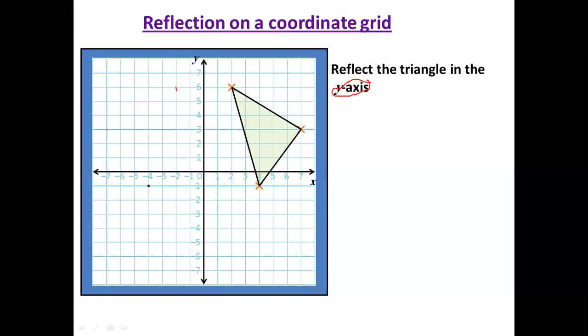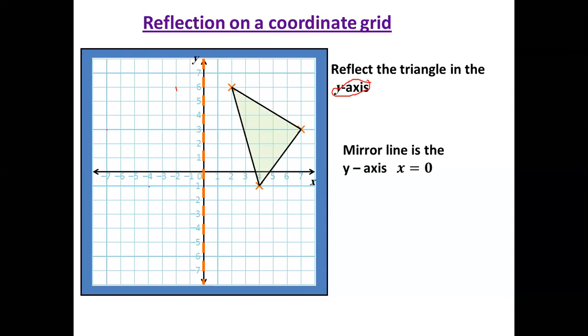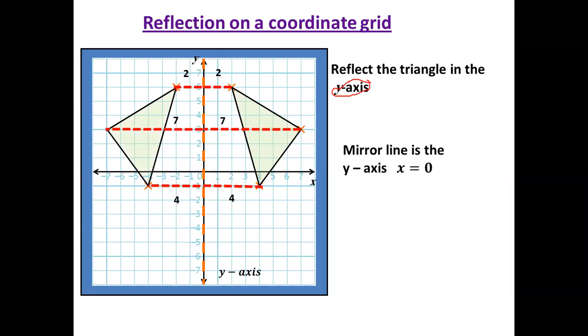Now, I will connect it in between these points. So I will have the reflection of this triangle. Now, how can I make it? Look at there. This is our mirror line. We talk about it. Now, there's 2 units. Another 2 units. 7 units. I will count 7 units. And here there is 4 units. Well, those 4 units. Then I will connect it in between these lines and these points together to make it